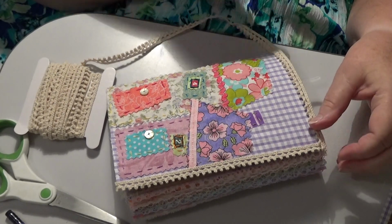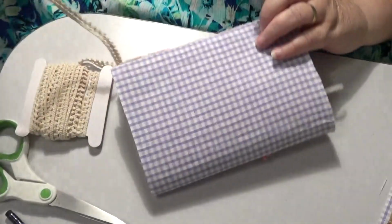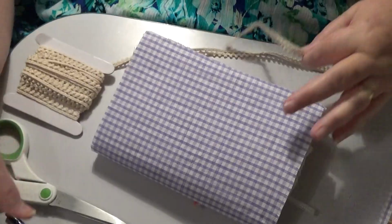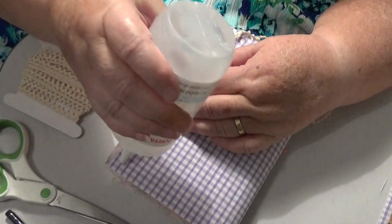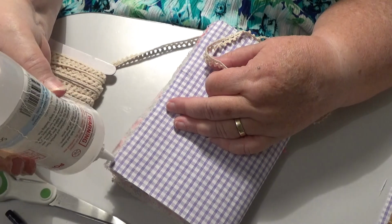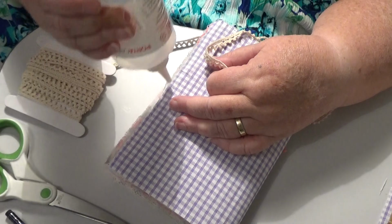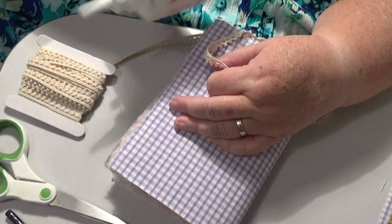Sort of worrying me that it's got that bit extra hanging over it. We'll put some across here. Oh dear, great one. Now I need to have something to put around this, and I think that'll be seam binding. So I'm going to put a piece of seam binding that off there